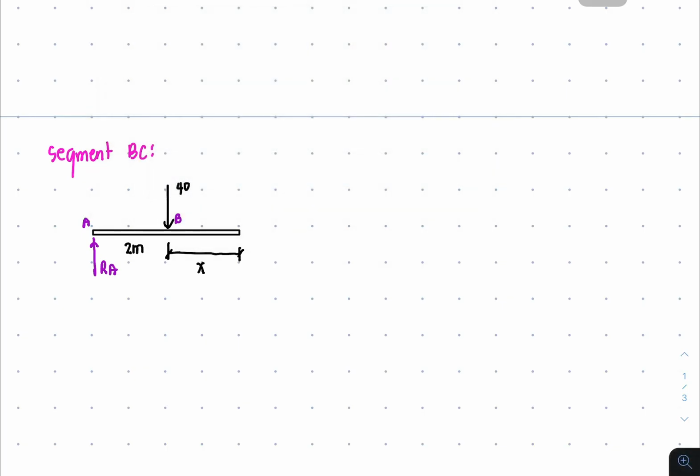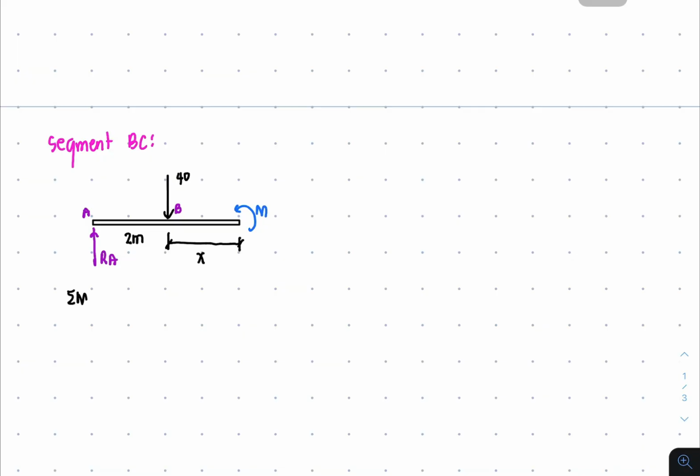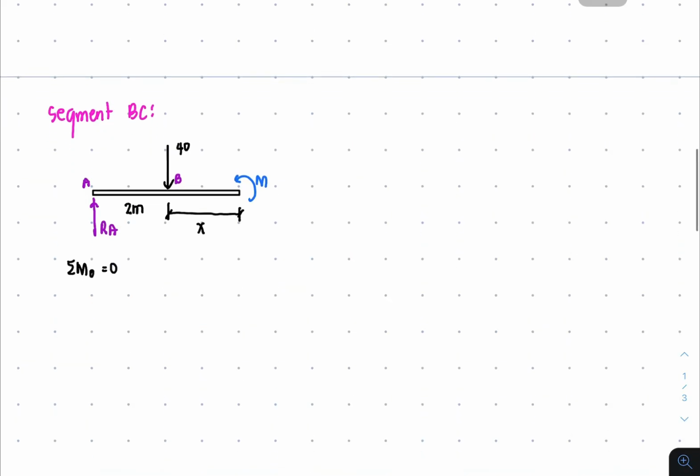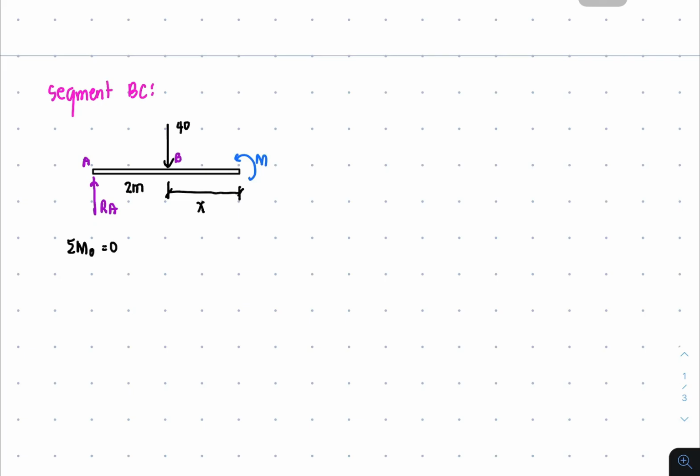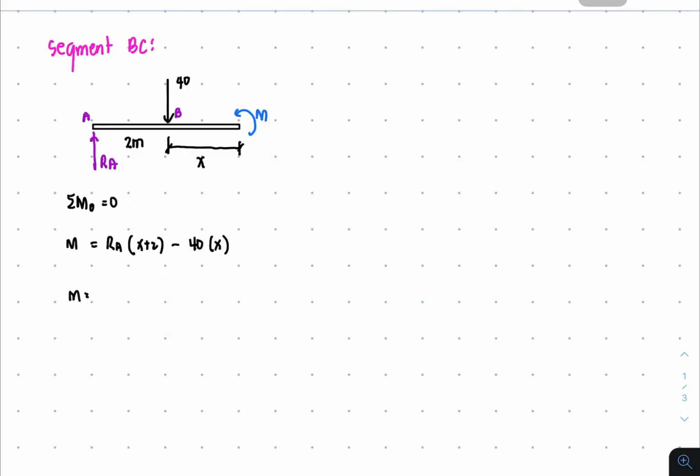And then of course I'll just place the M here. In this case, we are now going to get the moment equation, equal to 0 at the point of cutting. So you will have M equal to RA times x plus 2, and then minus 40 times x. So let us substitute the value of RA, which is equal to 80 over 3 plus P over 3x, times x plus 2 and then minus